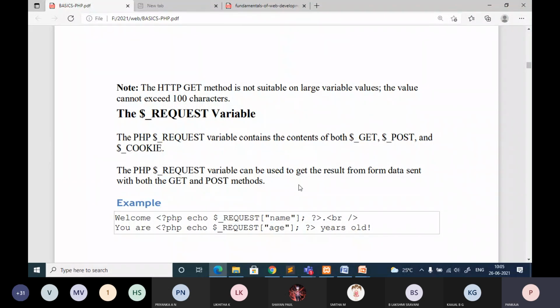In PHP, the $_REQUEST variable contains the contents of both $_GET and $_POST, and $_COOKIE. For now, just hold cookie and concentrate on $_GET and $_POST. When do you have to use this $_REQUEST variable? The $_REQUEST variable can be used to get the result from data sent with both the GET and POST methods. Do you understand the statement?